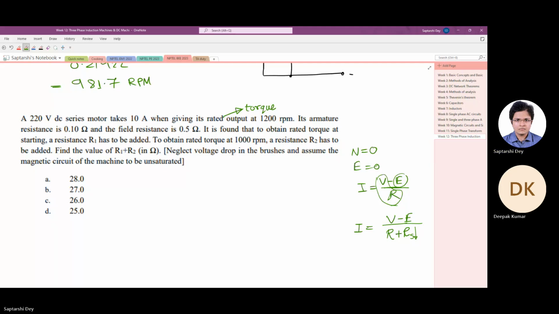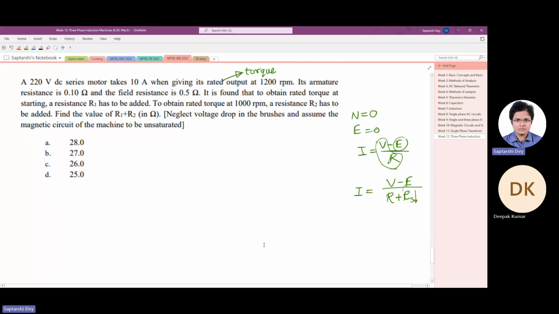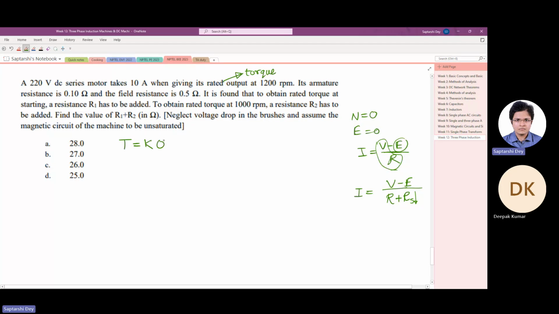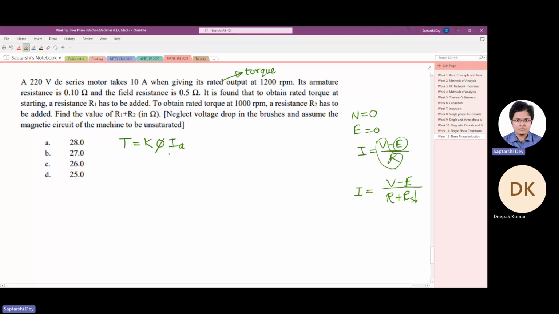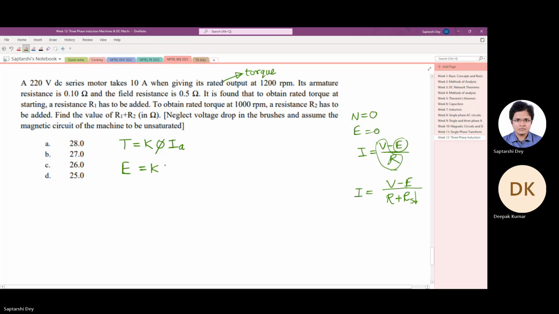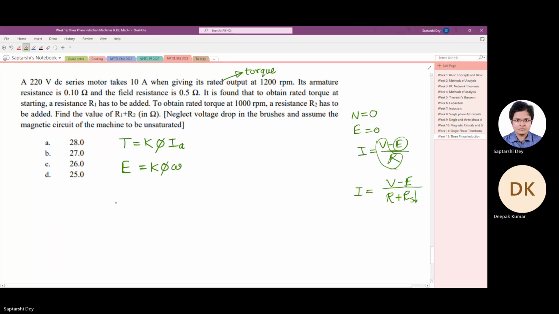No, anyway. So we'll start writing the equations for a DC series machine, unsaturated DC series machine. So for any DC machine, torque is K phi Ia and back EMF E is K phi omega. Okay. Now